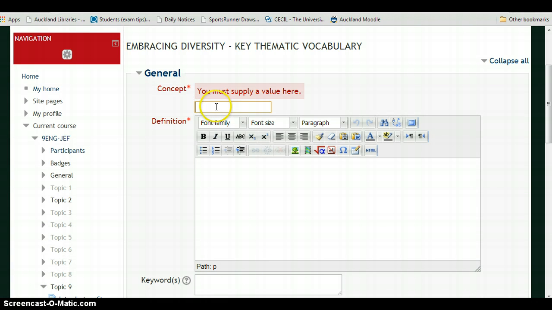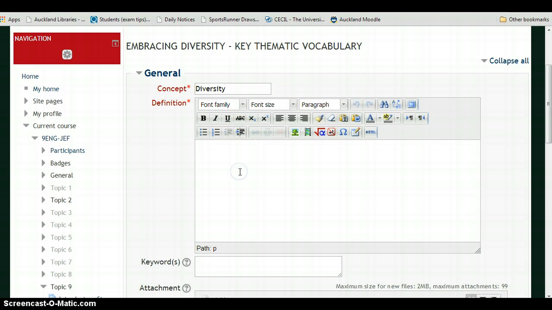They put the word in the concept box. It may be something like, what is diversity? And then they could set up, and this is where you can have total freedom over the activity. Usually I set this up in a page separately. Set up a definition. The definition of diversity is,